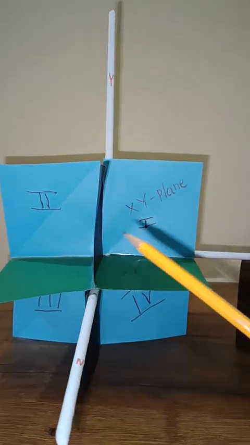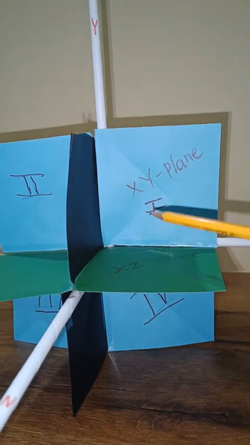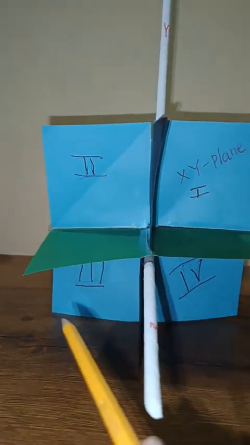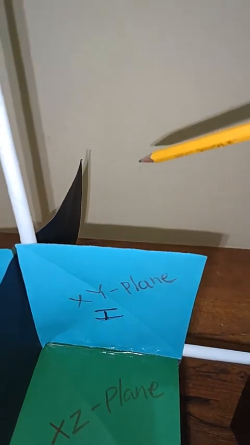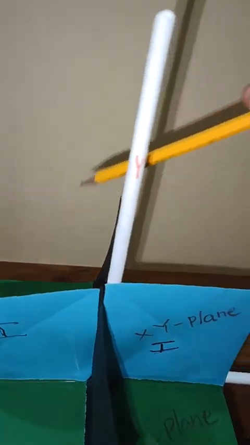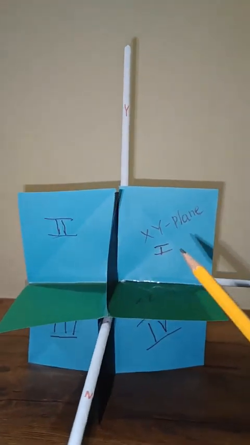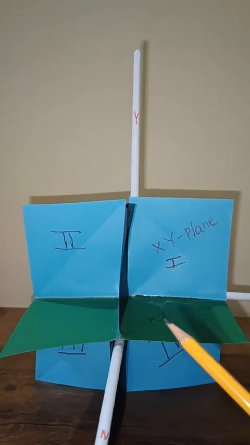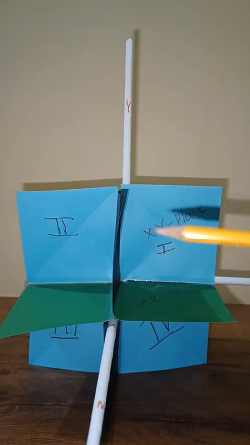How? Observe clearly, this black paper, this blue color and green color. This is one, right? One. Next coming to this one, second. Here third, fourth, and behind this one there is fifth, sixth, and below again 7 and 8. Okay, so these particular planes are dividing the space into 8 parts, and since they are dividing into 8 parts, here we will call each